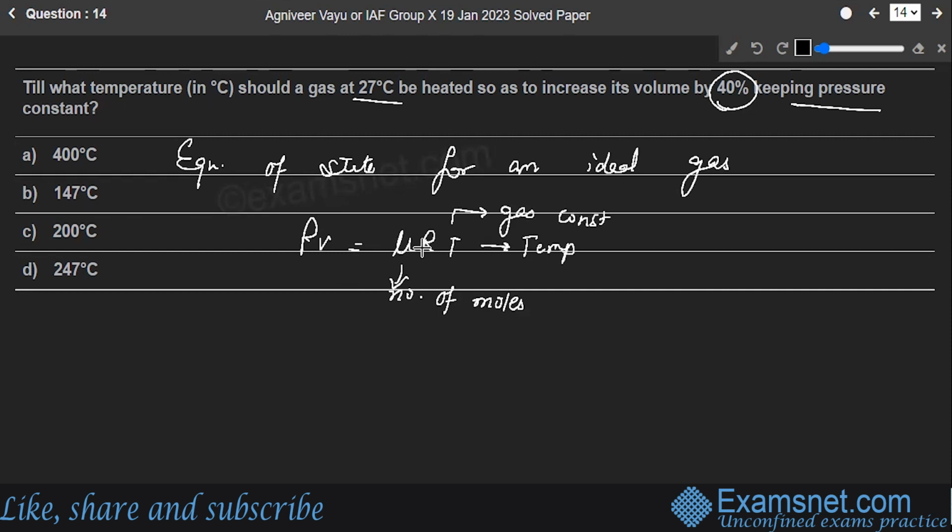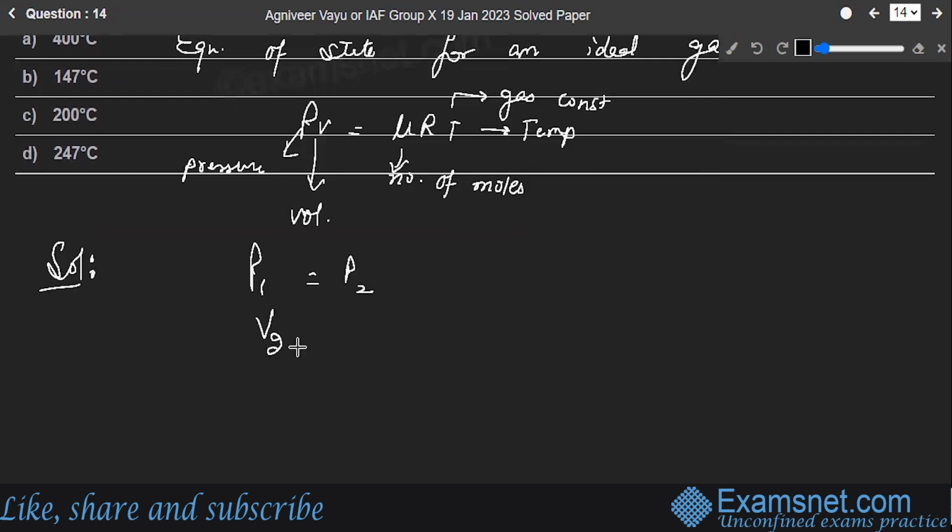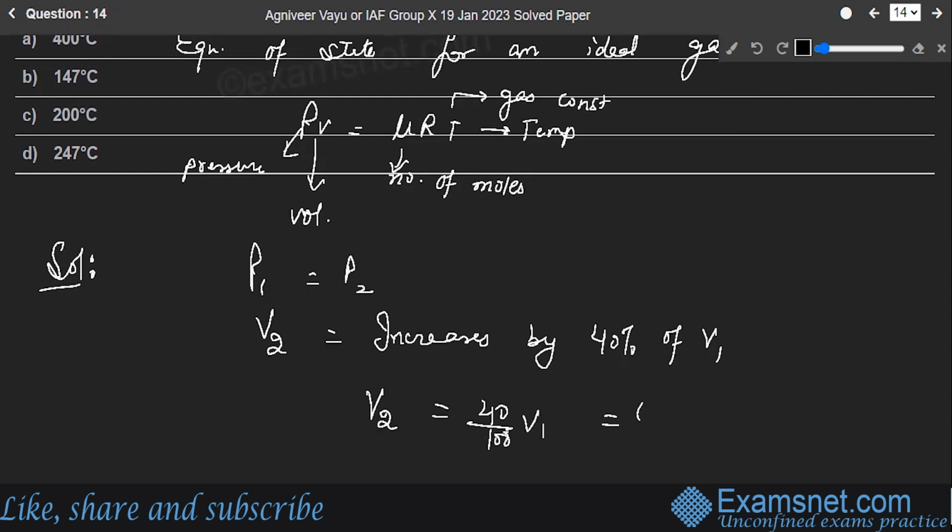T is temperature, P is pressure, and V is the volume. Now let's move towards the solution. You are given that pressure is kept constant. So here you have P1 is equal to P2, and V2 increases by 40% of V1, which makes V2 equal to V1 plus 40% of V1,